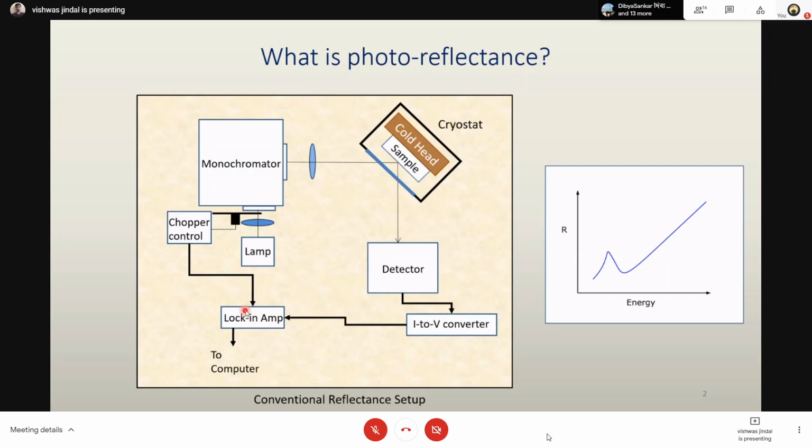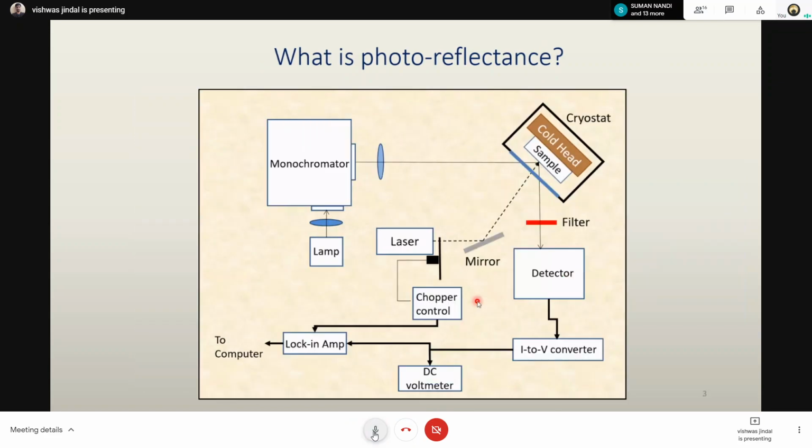And now, okay, so using this kind of setup, you can plot reflectance versus energy. Here energy refers to the photon energy of the light that you are shining on the sample, and you can get these kind of responses. So this was reflectance. Now in photoreflectance, we have,